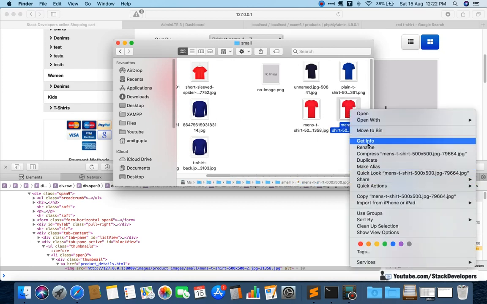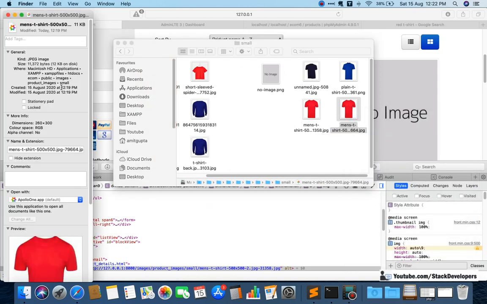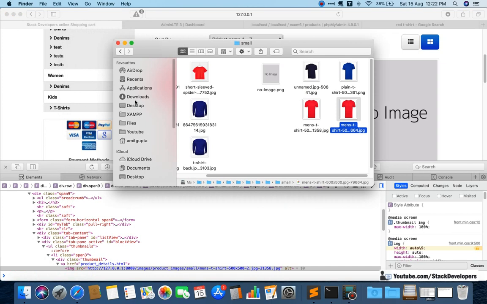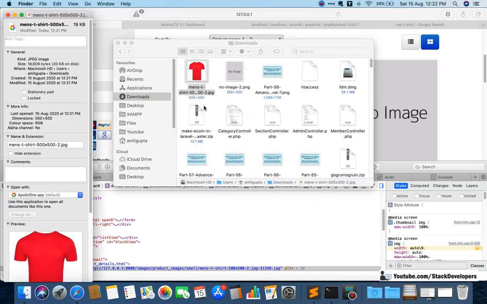Here we check the size with get info, and you can see the image size is 260 into 300, but its actual size is 500 into 500.